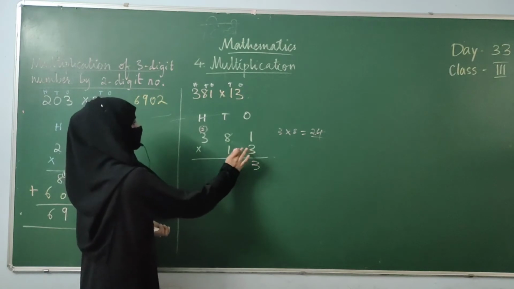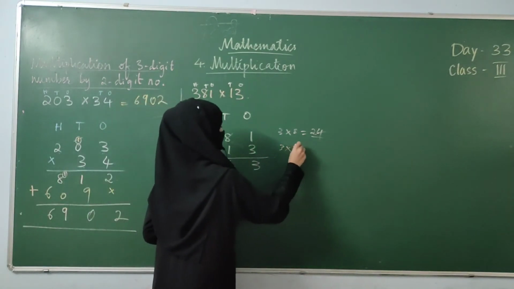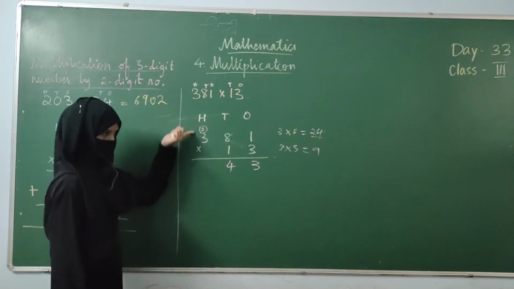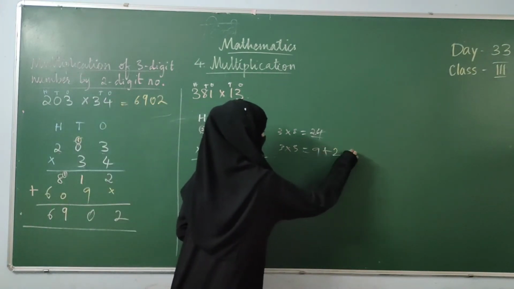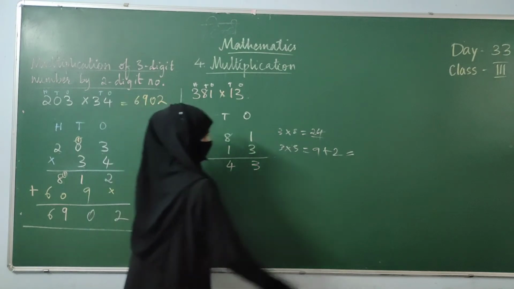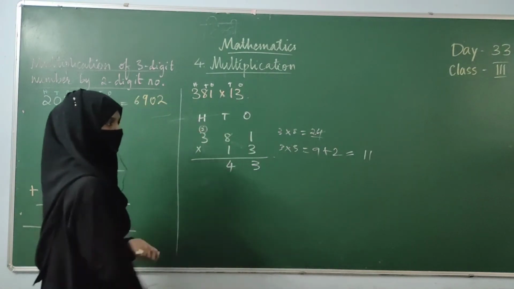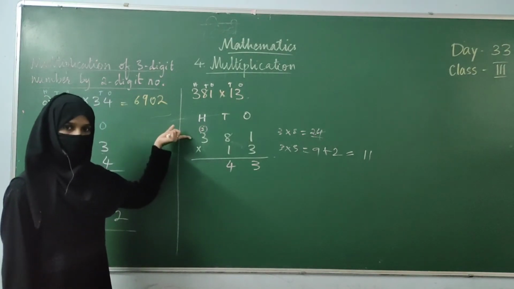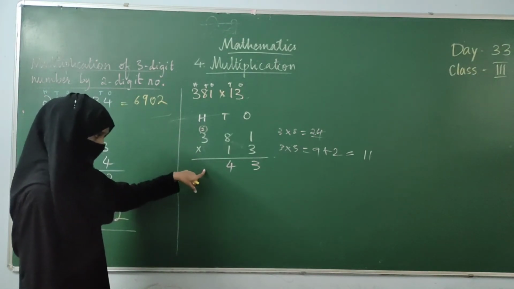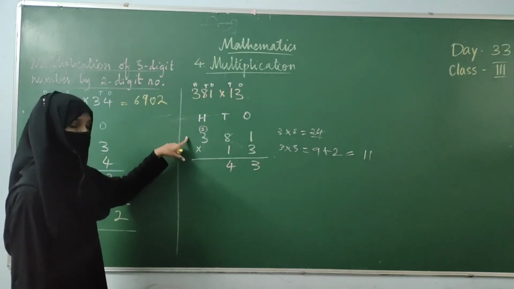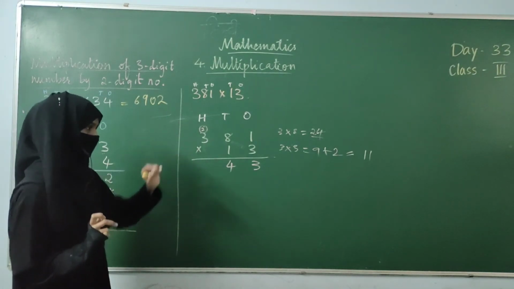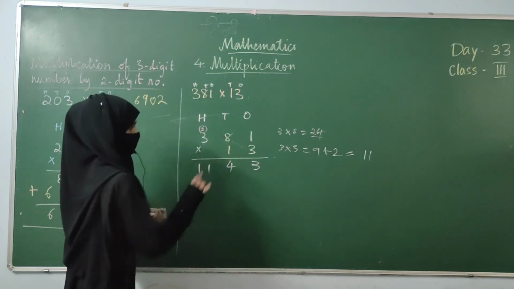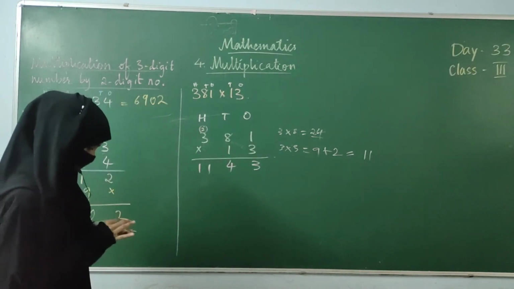Right, over. Then 3 threes are 9. 9 is your answer. Then carrying 2 is also there, so you will add that 2 to 9. 9 plus 2, 11. You got 11. Again, 11 is a 2-digit number. Is there any other number to multiply over here? There is no number, so we will write directly 11. If thousands की place पे और एक number आता, then you would have carried. So no number is there. You will write 11. Fine. Now first step is over. Multiplication by 3 completely over.